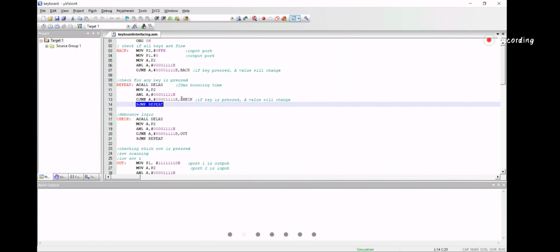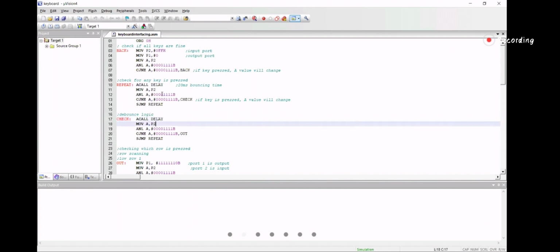So if the key is pressed, I'll come down. The row I'm checking, I'm putting this delay, the bouncing time, the debouncing time. This first one was bouncing. Now the next one is debouncing. Then again I'll check. I have to check 3 times. This is once. This one is whether all keys have been pressed or not. This one is bouncing time. The next one is debouncing time. Bouncing time and debouncing time are the same, but just we are putting some delay.